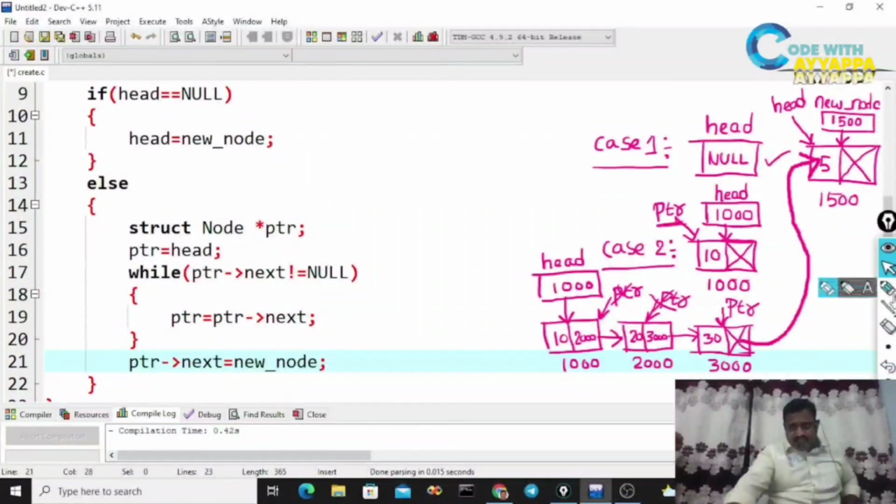So this contains 1500. What contains 1500? This cross symbol was there, and it contains 1500 now. New_node next is always null because it is the last node in the linked list. Okay, now how many nodes are there? 1, 2, 3, and 4. This will be the last node. In this case, this will go and link to this one. So that's all. This is the create function. So thank you very much.